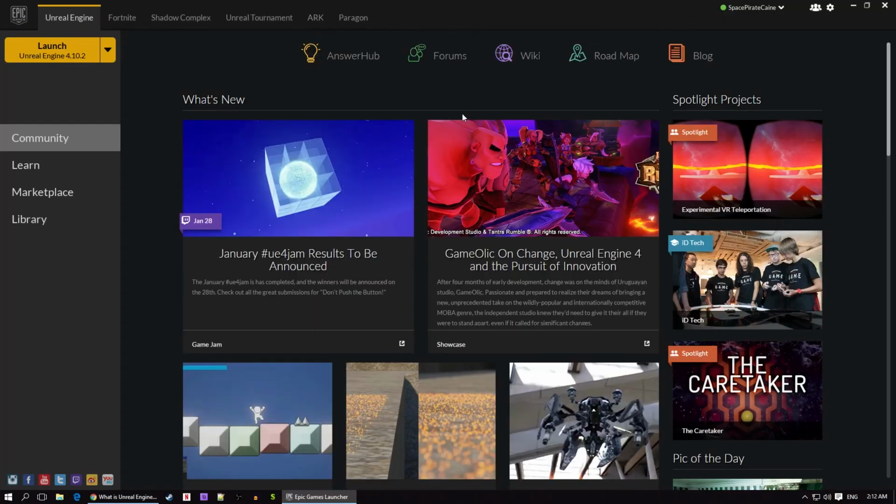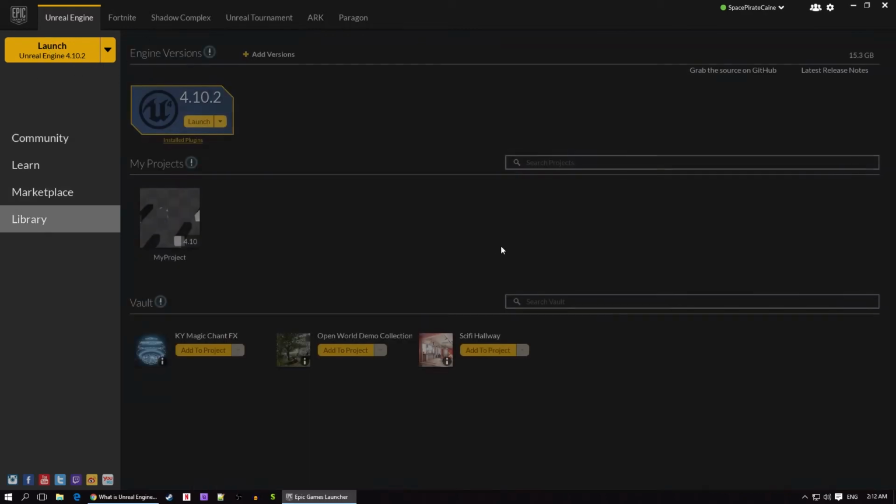Let's go back to Unreal Engine here and get ready to download the engine itself. From here, you've got a launch button. Go over to your library, and you'll see this engine versions row here. You can add a version and install the latest. Go ahead and install version 4.1.2 or whatever is newest as of your viewing. Right now, 4.1.2 is the latest as of the airing of this video. Now, it's going to take a while to install, but once it's ready, you can launch the engine, or editor, as it's often called, from right here.